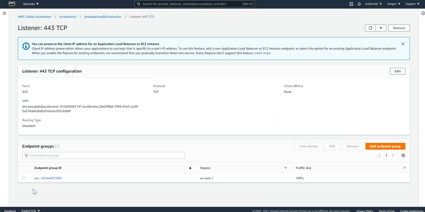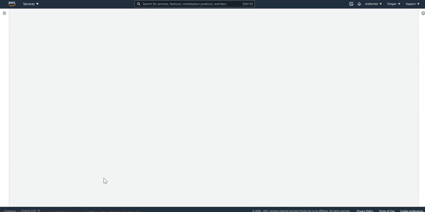Here you can see endpoint groups. An endpoint group is basically a logical group that combines your multiple endpoints, if you have them. In our case, we have only a single endpoint here, which is my ALB. But in your case, you may have multiple ALBs spread across different regions. So you can create multiple endpoints here and combine them into an endpoint group. Here we can see one of the endpoint groups. Let me click on this.